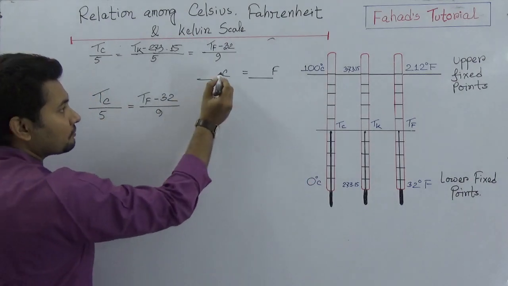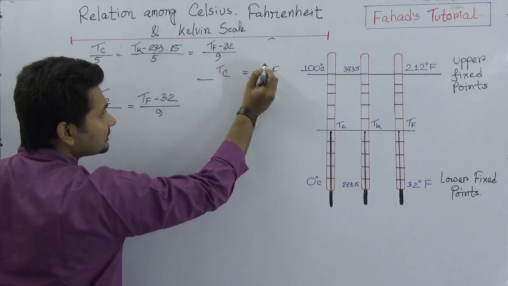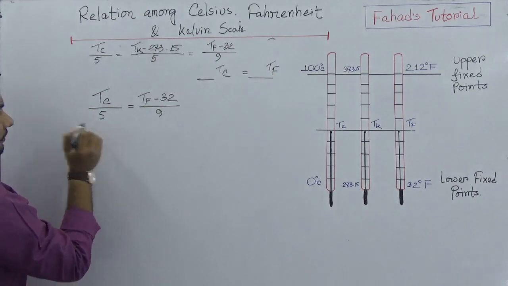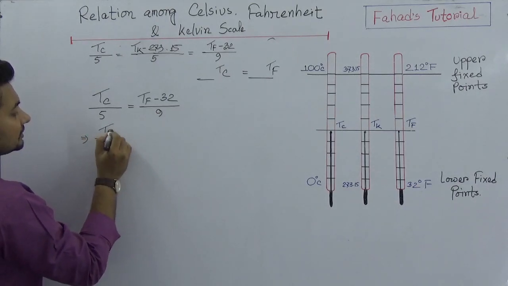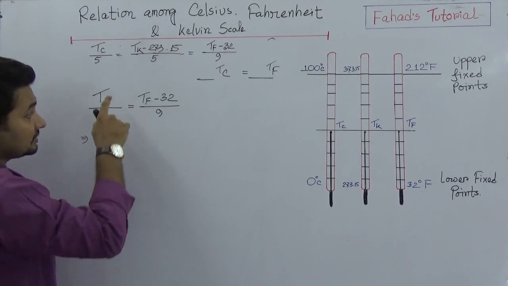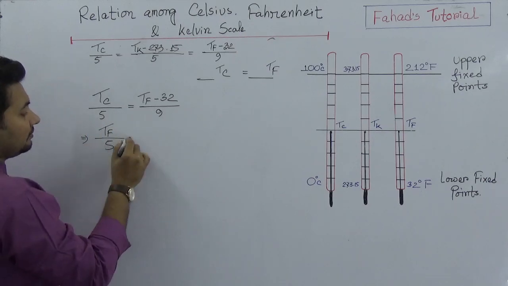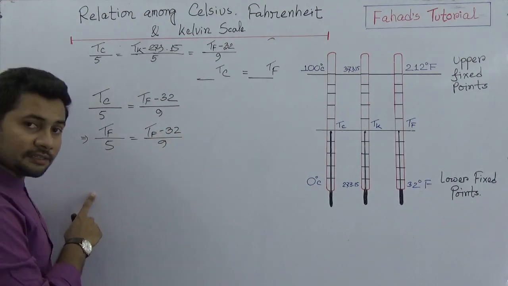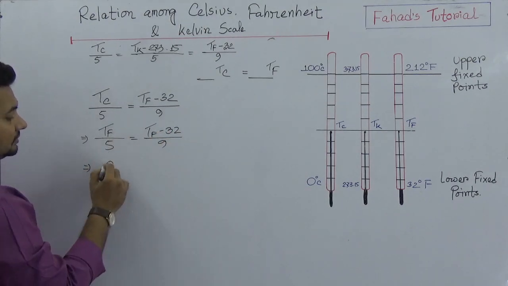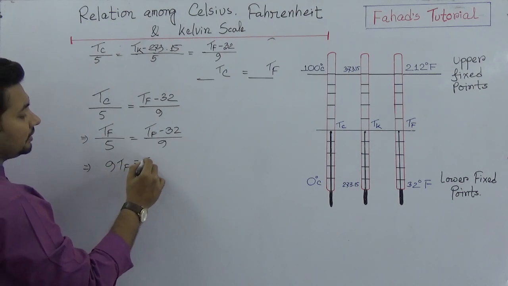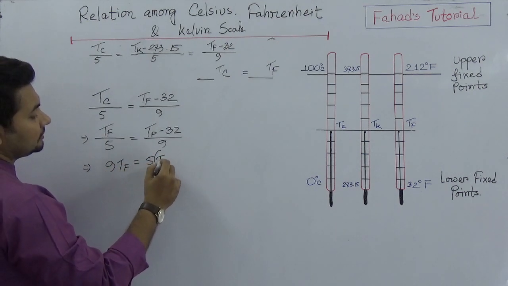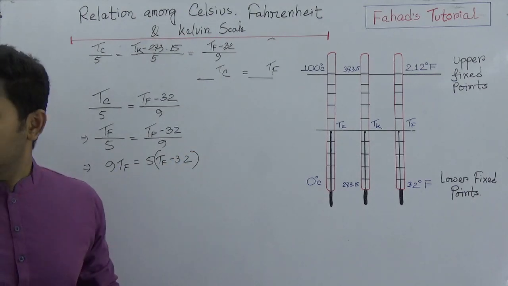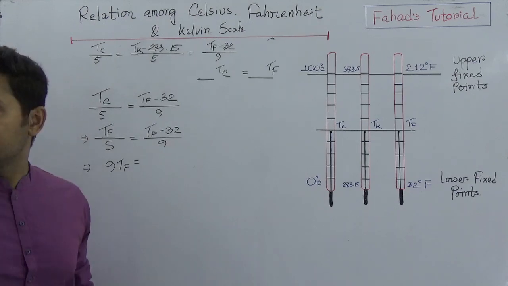Now to find it out, as we know the temperature in Celsius and Fahrenheit are to be equal, let's think Tf is becoming Tc because Tc and Tf are the same. So make it Tf in both cases and now find the value of Tf. So we can find this is 9 Tf minus 5 Tf minus 32, or let's just make it easy, 5 Tf we can multiply